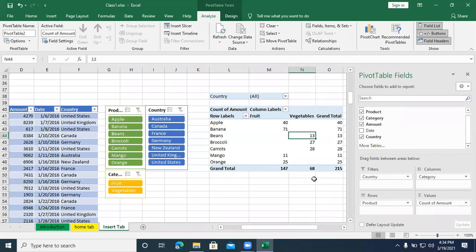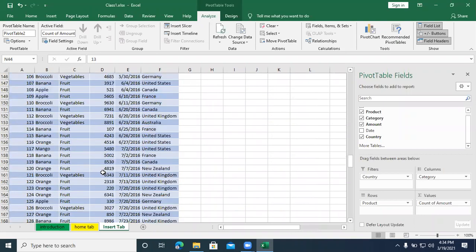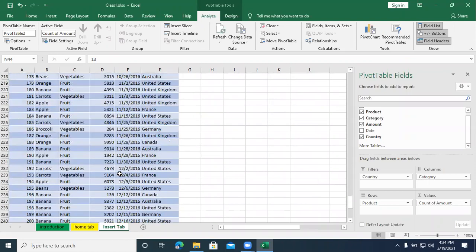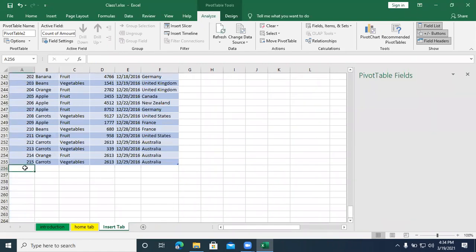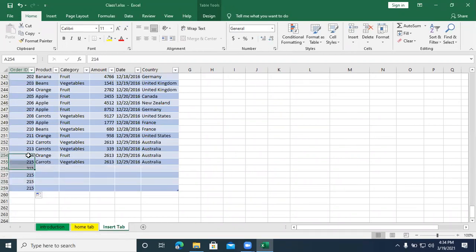Think that you don't know how to prepare a pivot table. Somebody has made this pivot table and given it to you to analyze. But you are the data entry person. You have data entry work where every day you are entering data in the existing table. As we know, we have 215 records. If you add any other data into this, so I also add 4 or 5 more records by selecting some products.